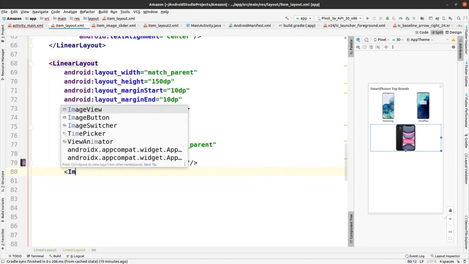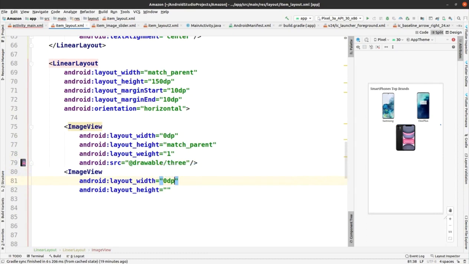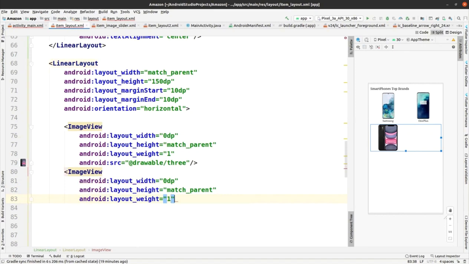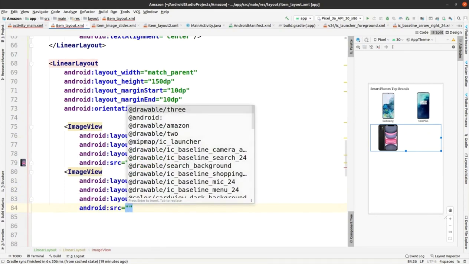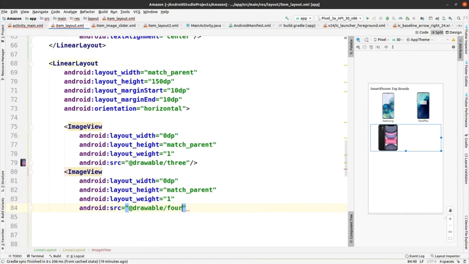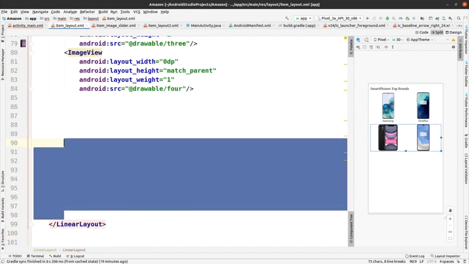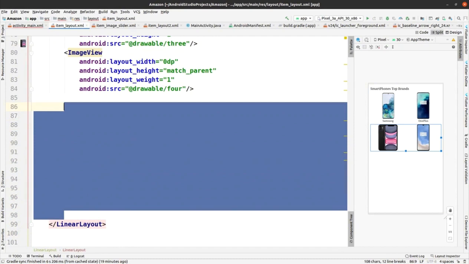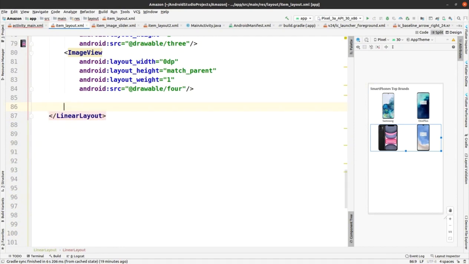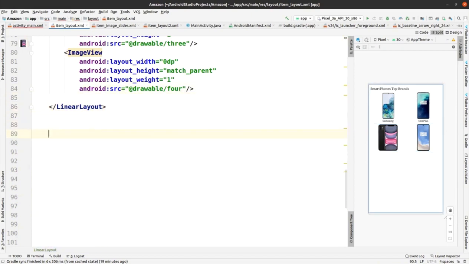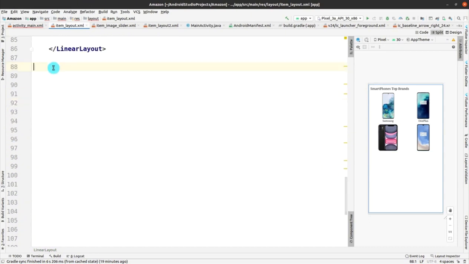Make another one and set its width and height as 0 dp and match parent. Almost everything is the same, but the source image is different. So here you can see on the right side of your screen that four mobile phones are there. Two of them have names, but the other two do not have names. So let me make another linear layout, and within this linear layout you have to add the names for these remaining two